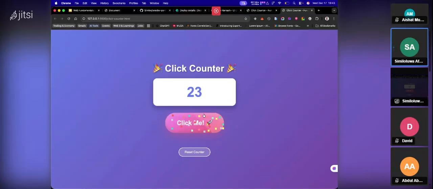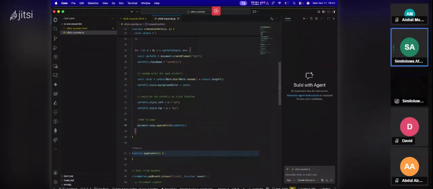And we add that it actually shows up, right? So now what we have not done is we have not animated the confetti, and to disappear. So make sure that we put some angle and rotation to it. So let's see what